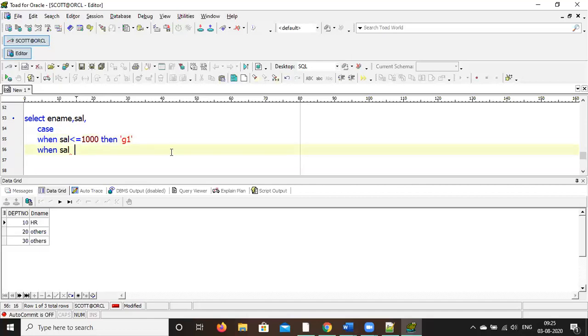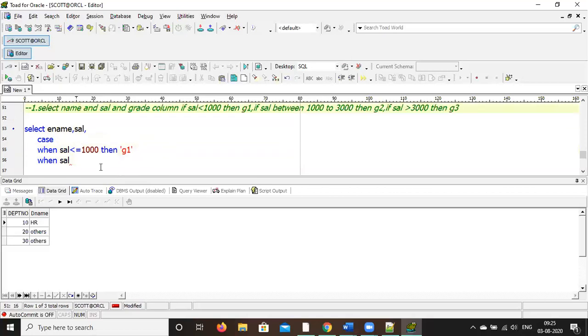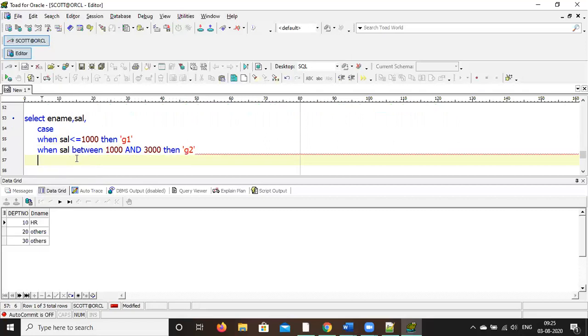Now when salary between 1000 and 3000, this is the between operator, then G2. Now when salary greater than 3000, then G3.